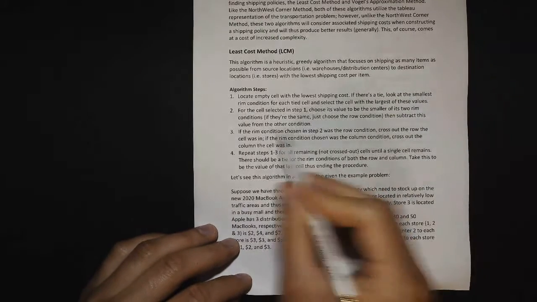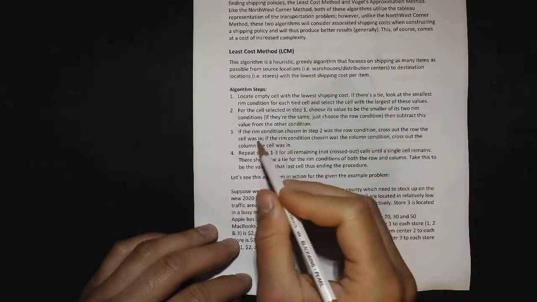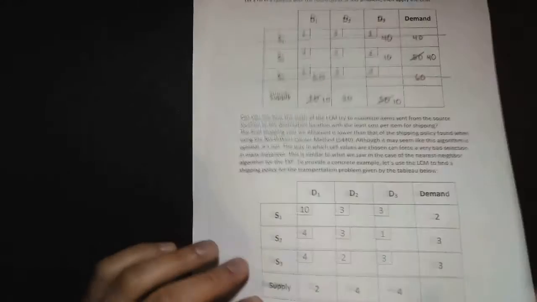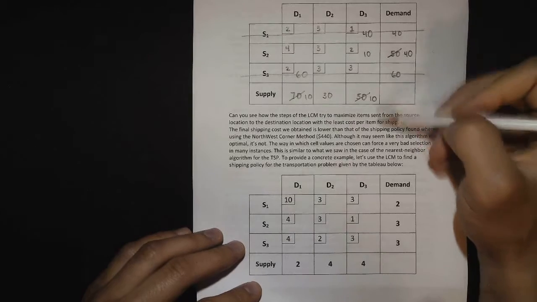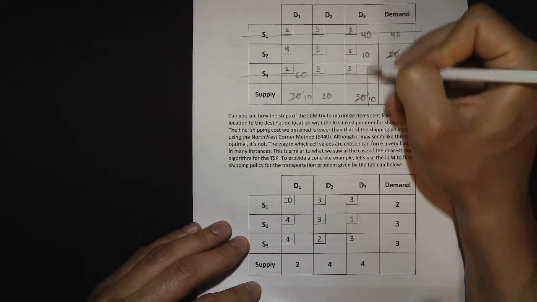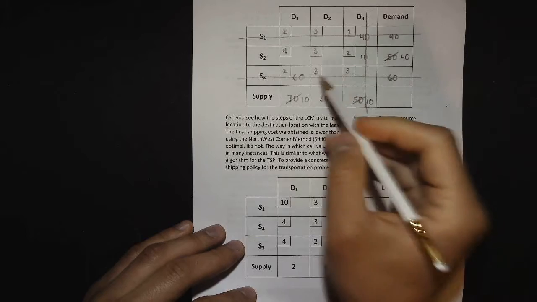Okay, and then subtract this from the other, and if the rim condition was the row condition, we cross out the row that cell was in. If the rim condition was the column condition, we cross out the column that cell was in. In this case, it was the column, right? We chose the column rim condition of this cell. So we cross out the column, and then we repeat steps 1 to 4 for all remaining not crossed out cells,